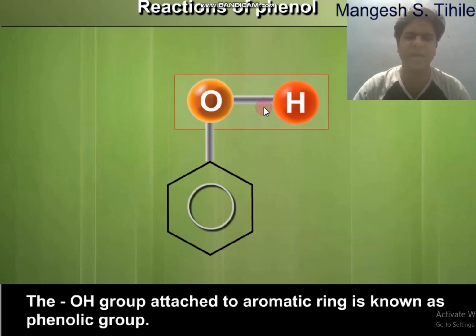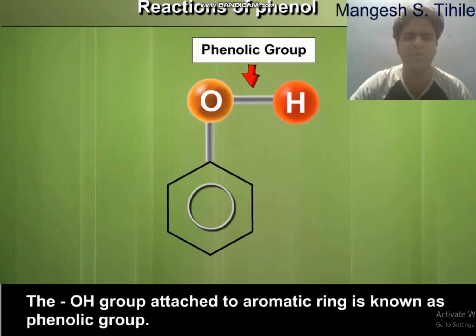Here the hydroxy group is attached to the benzene ring, and combined it is known as phenol. You people are quite familiar with that. Due to the hydroxy group, the phenolic ring is active. You can see the attachment of the hydroxy group with the benzene ring, therefore it is known as a phenolic compound or phenol, and due to this bonding the reactions occur on the benzene ring. Let's see how.